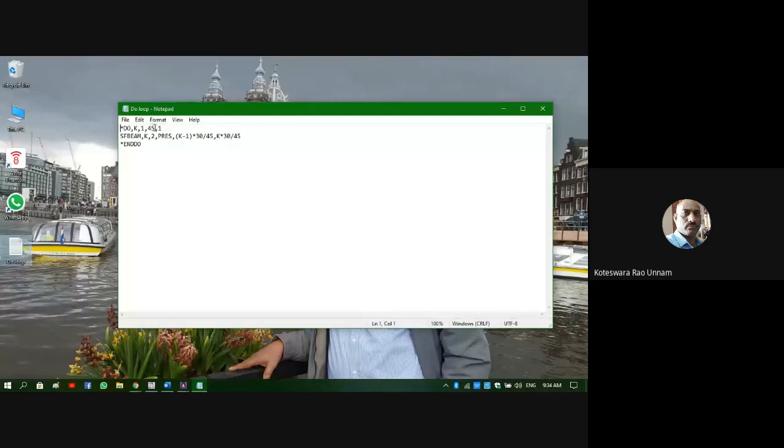Or 1 comma 45 comma 1 indicates the starting loop number, the end loop number, and the increment for each loop. That's what I need to specify here. 1 is the starting value and 45, since I have 45 elements. And this 1 means that after completion of the first loop, the increment is going to be 1. First it will take the first element, then once that ends, it will come to the next iteration, where k takes the value 1 plus 1, 2. Then it will complete that iteration, then 2 plus 1, 3. Like that it will go on. So the increment value for each loop is 1 for k.